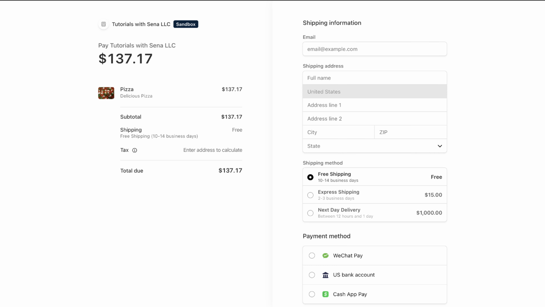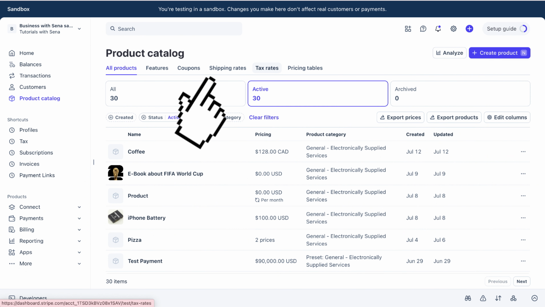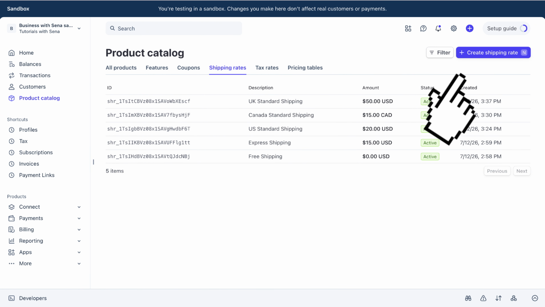So to have a shipping rate on your product like this, you need to create the shipping rate first by clicking on the product catalog at the left side of the screen. Choose the shipping rates subpage and tap on the Create Shipping Rate button at the top right of the screen,